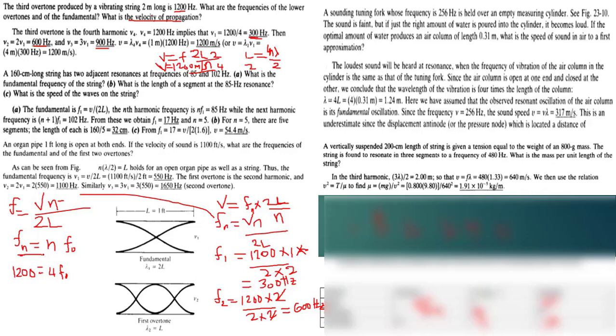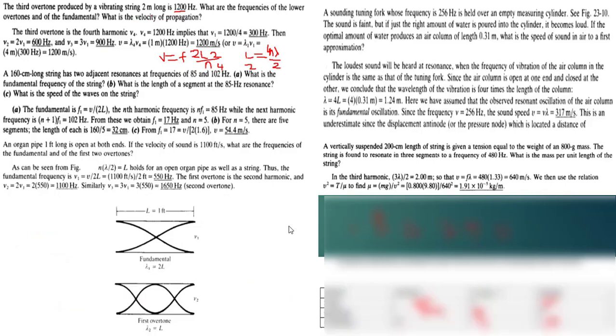Kwa mfano the second overtone, which is n is equal to 2, unaweka tu hapa n is equal to 2. The fundamental frequency ambayo tumepata 300, na 2 mara 300 ndio 600. So the second overtone, which is n is equal to 3, unachukua 3 times fundamental frequency which is 300, unapata 900, just like that. So that is how